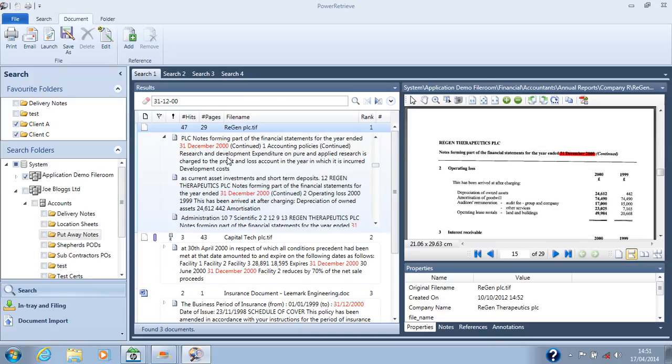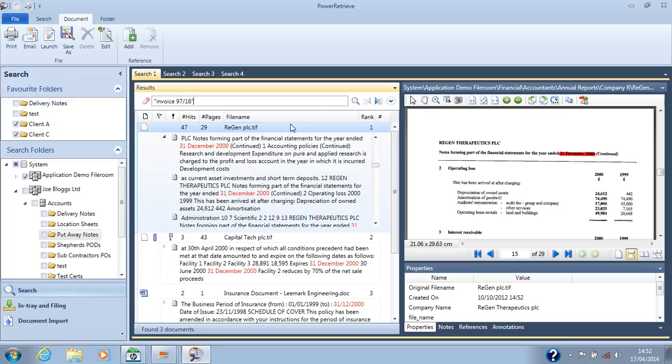We take the searching on the content further because obviously we are at the mercy of OCR interpretation, where it looks at that scanned image and decides what that character shape makes it look like. But the problem is it can misread C's as E's or O's, or S's as 8's, etc. Well, PowerRetrieve has the unparalleled error tolerance to make sure that we are still able to find that information even if it's made mistakes. So if I search for invoice